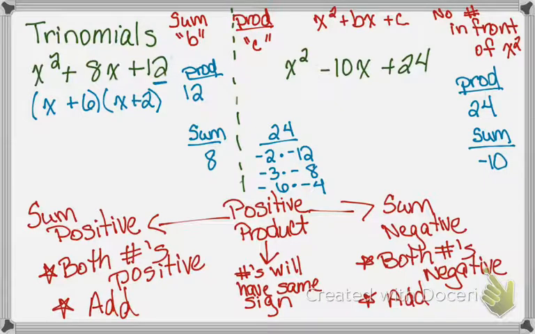So if you can't look at it and determine what the two numbers are, start writing down those factors and start looking for what adds together to give you negative 10. Okay? So we decided that negative 6 and negative 4